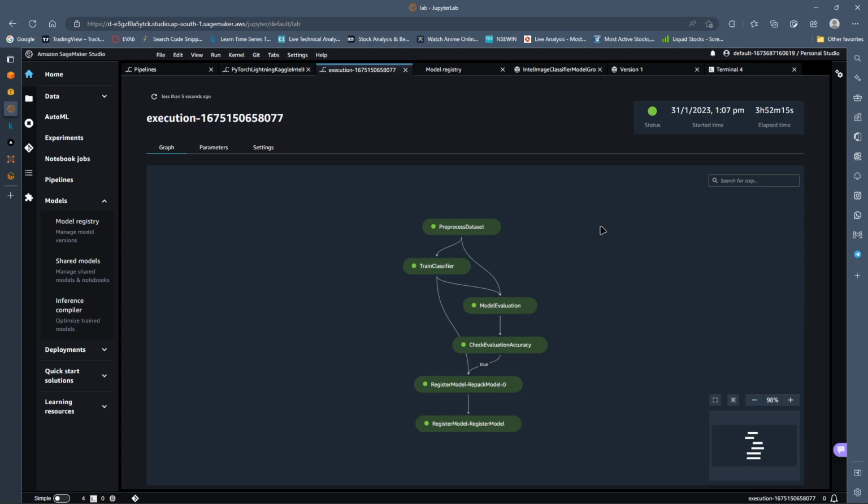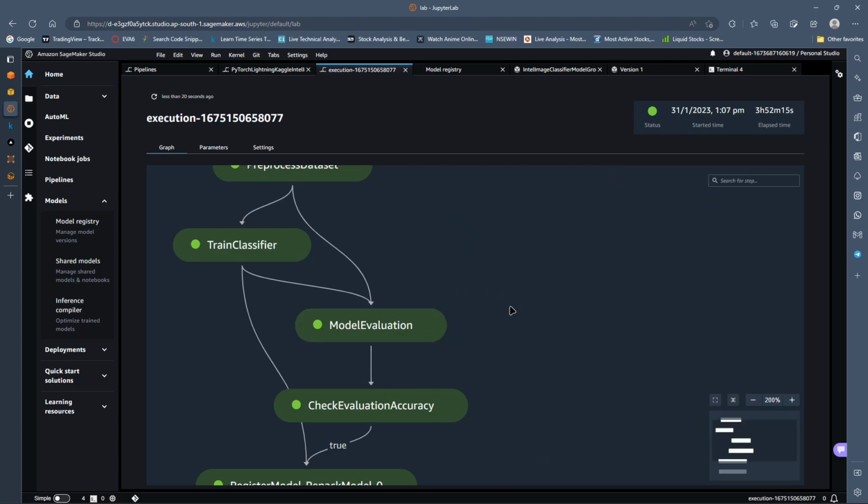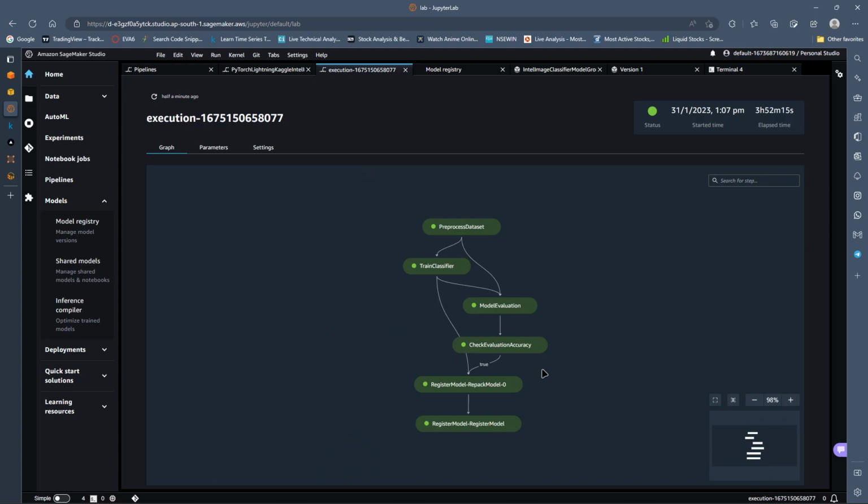In this recording, we are going to see the complete execution of the capstone project that I did, which is building a complete machine learning pipeline on SageMaker. It consists of downloading and processing the dataset into SageMaker, then training it, then performing evaluation on the trained model, checking it for accuracy, and then manually triggering, if the accuracy is desirable, the registration of the model. After that, we can go ahead and deploy that model at a serverless